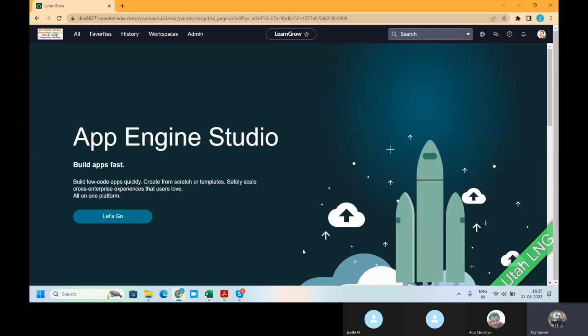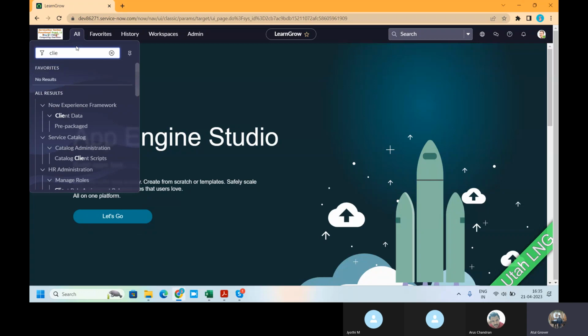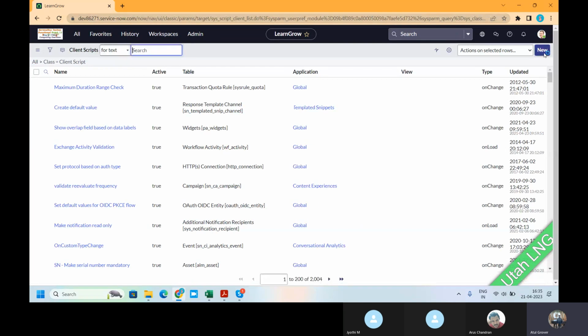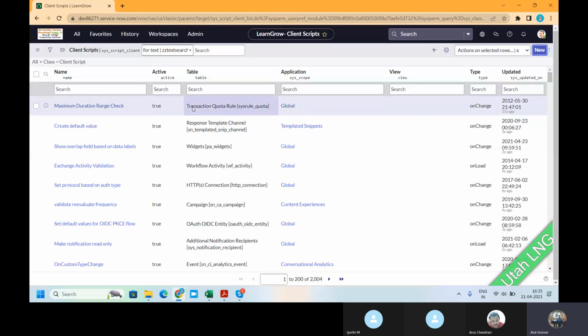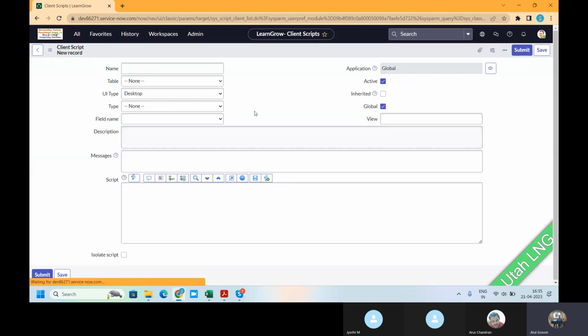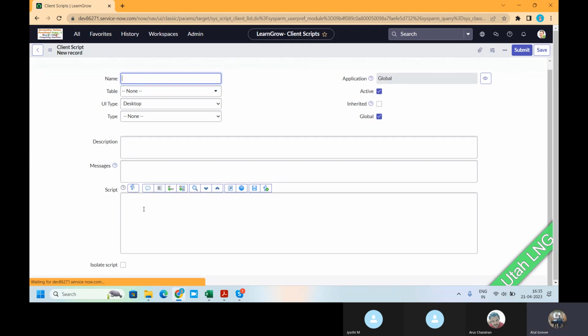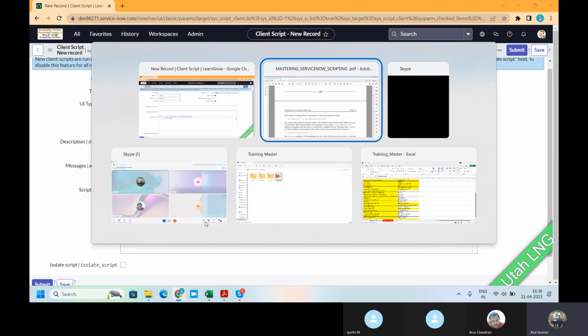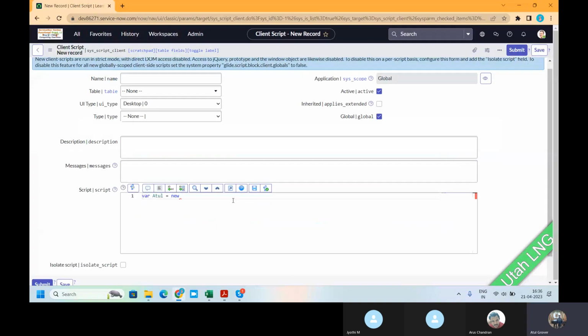So if I go here in my instance and go to client script, and click here, I can say var Atul new, and what is the syntax? This one, G_form, this one,